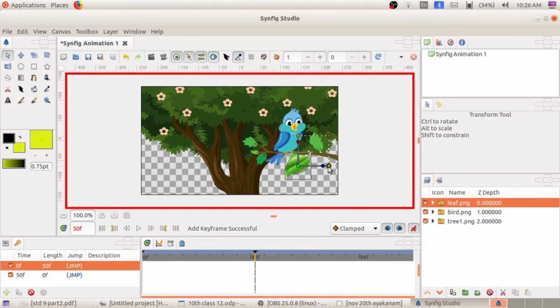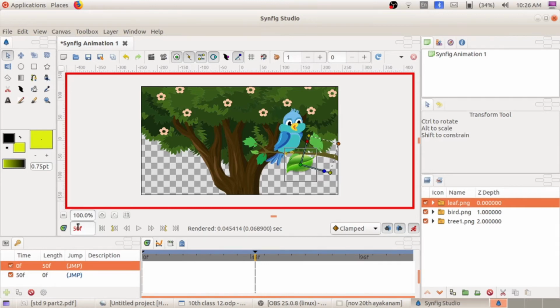Then change the position of the leaf. We are going to show it as a swinging of that leaf. I am adjusting this blue color node in order to move the position. Click and drag on this blue color node.